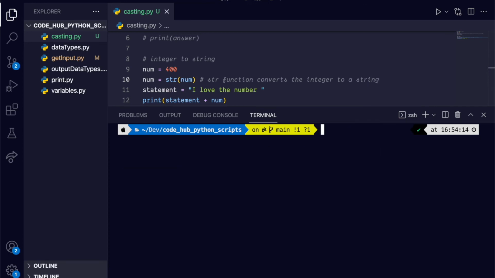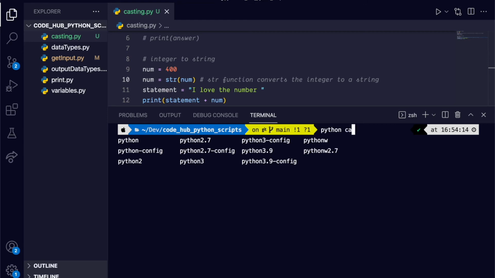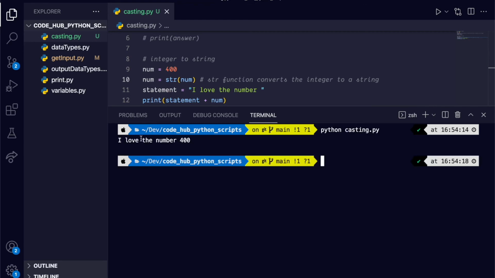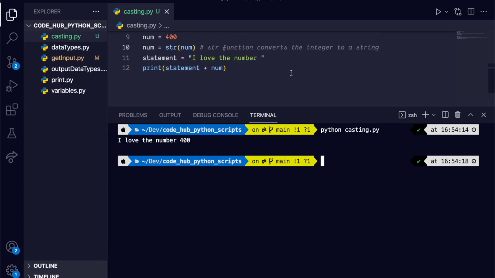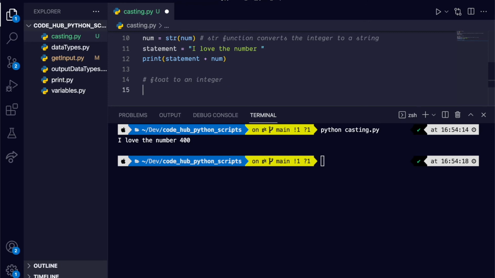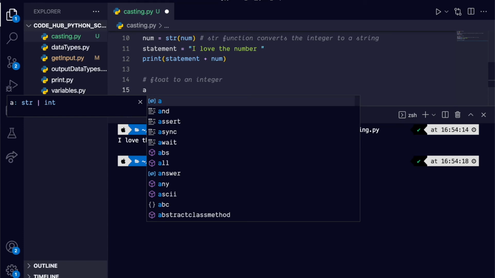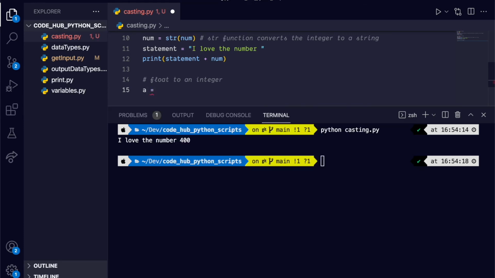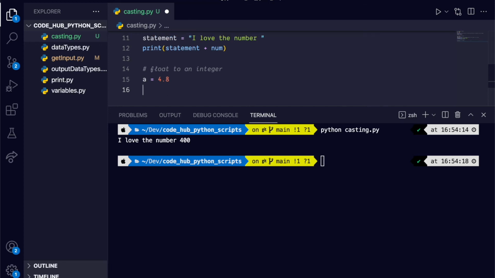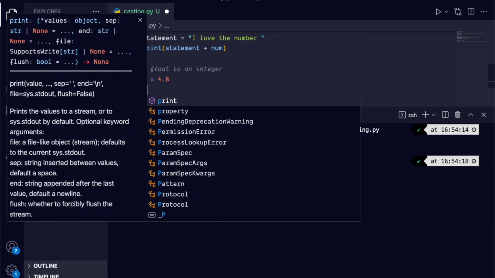Now when we run our code, casting, we have I love the number 400. Also, we can cast a float to an integer. And how do we do that? So let's say we have a float a equal to 4.8, and if we check the type,